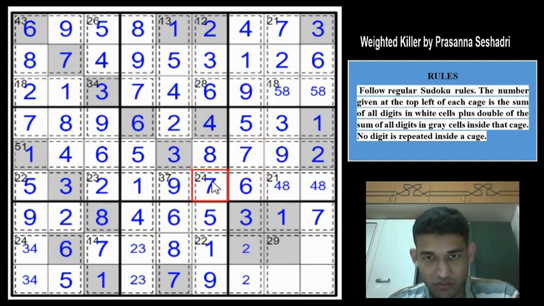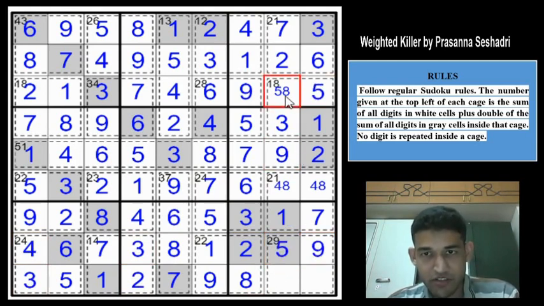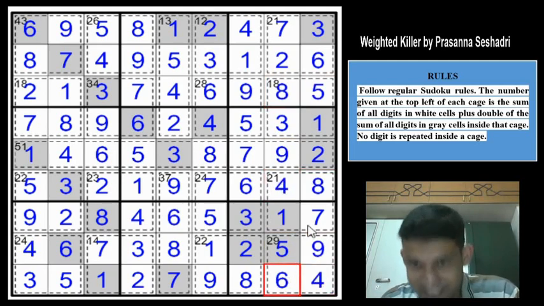Yes. So if you look at this cage, this is already satisfied. 6 plus 6 12 plus 12 24. Amazing. So if you look at column 7, remaining possible candidates are 2 8, but 8 is here, so 8 has to go here, and this will be a 2, this will be a 2, this will be a 3, this is a 3, this is a 4, and now remaining possible candidates are 5 and 9 here, but 9 is here, so this will be a 9, this will be a 5, and that gives a 5 here, 8 here, 8 here, 4 here, 4 here, and a 6 here.